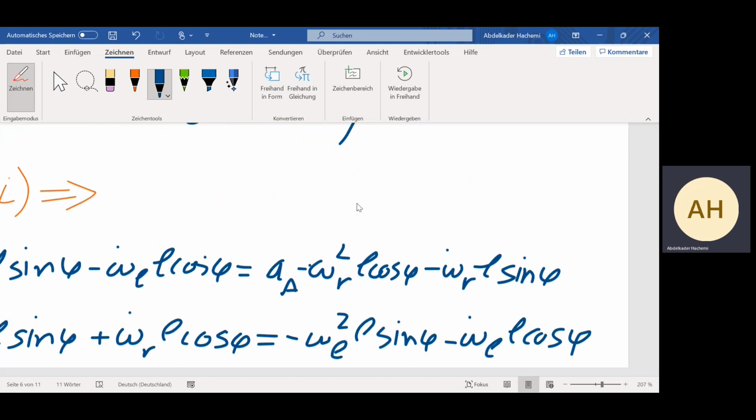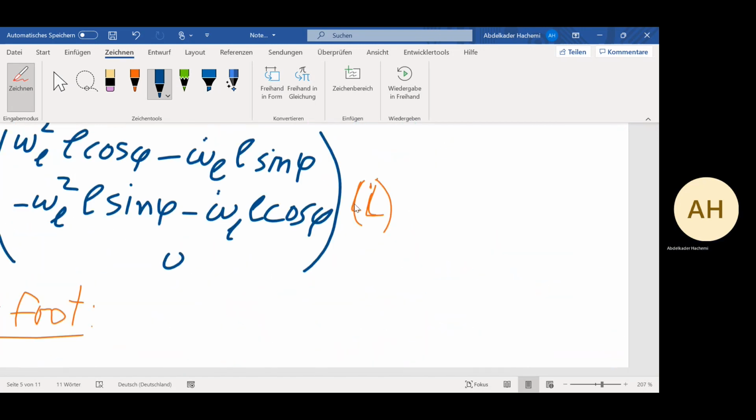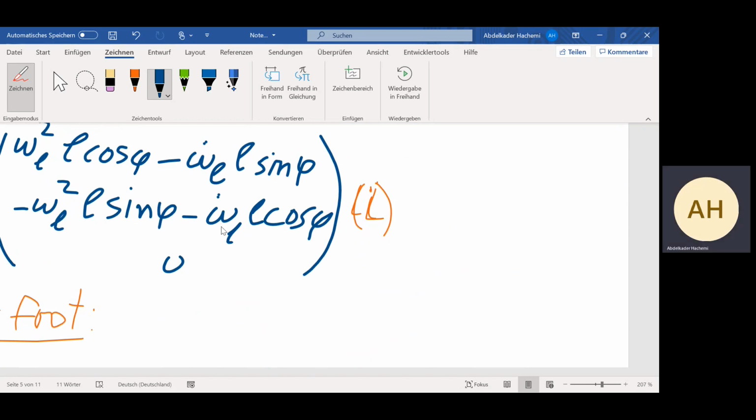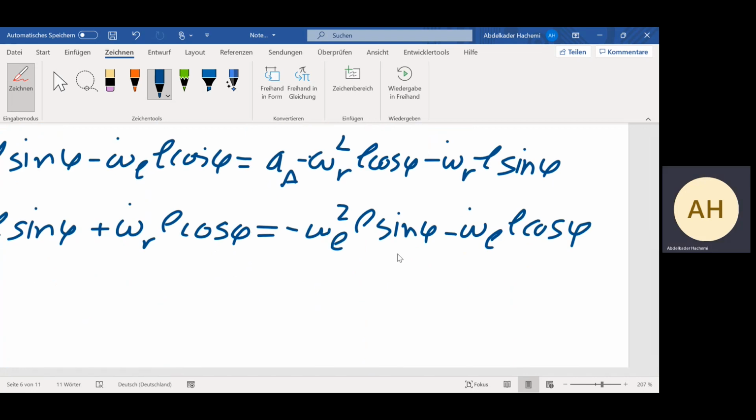Okay, I check only minus omega L sine phi minus omega dot L cosine phi. Okay, this is the two